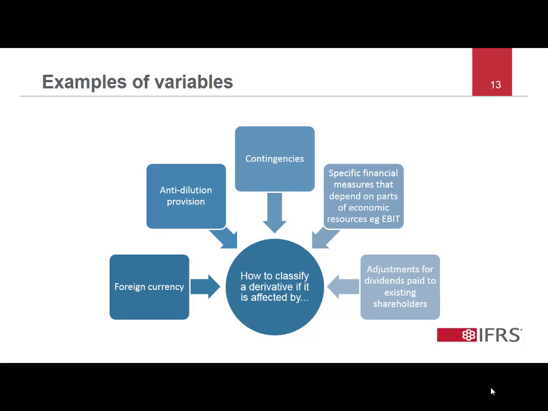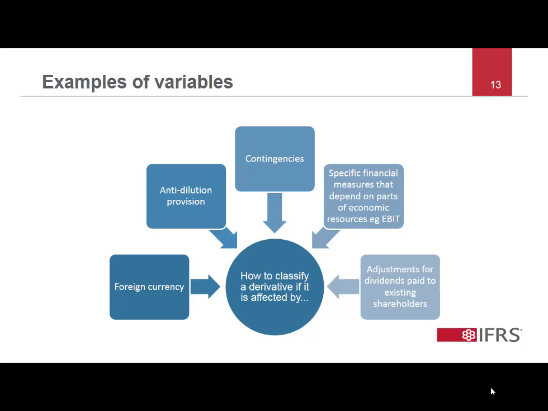In addition to foreign currency variables, the discussion paper considers other variables as examples in whether they are considered independent of the entity's available economic resources. The discussion paper makes it clear that some variables are considered independent of the entity's available economic resources in all circumstances, while others require further analysis. As an example, in addition to foreign currency, if a variable depends on a specific part of the total economic resources of the entity, but does not consider all other claims, such a variable